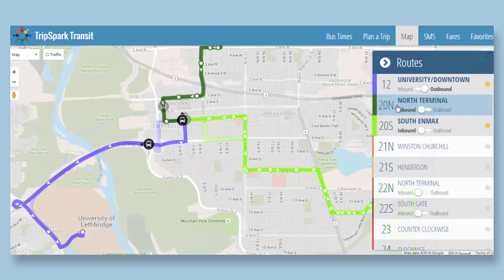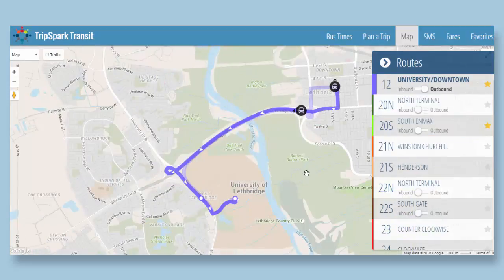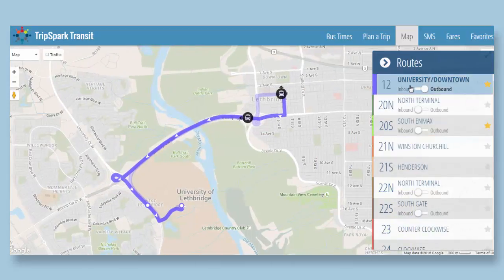So say, I'm going to turn these off for a second for simplicity. Say we've got University Downtown, there's an inbound and there's an outbound. So right now the outbound is the route in focus, and those are going to be your black buses there, okay? But you'll notice here there's a faint line or a transparent line. That's actually the inbound route. So I can see buses and I can see the lines of the route on the